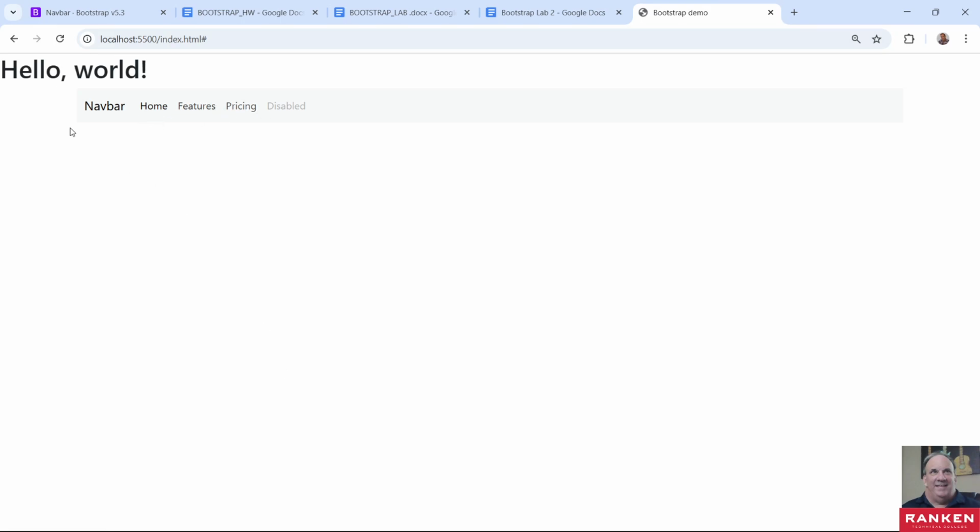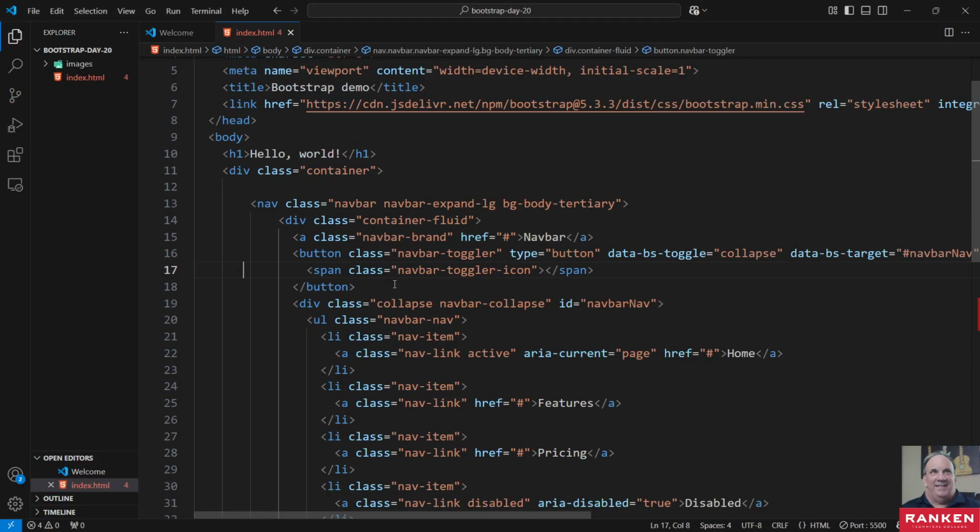Since we're using the container, you notice, I don't know how well you can see the background here, this is a little darker than white. It's kind of a light gray background. So you can see there's spacing on both sides of this, and it's centered in the screen. That container centers that. If we actually got rid of this container here,